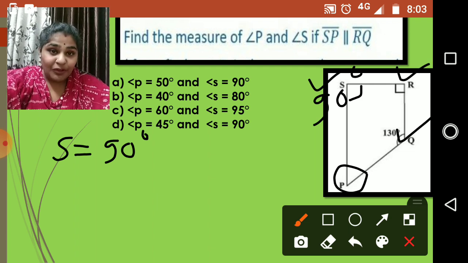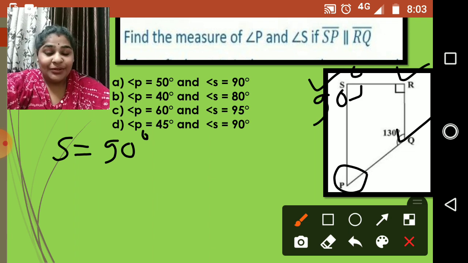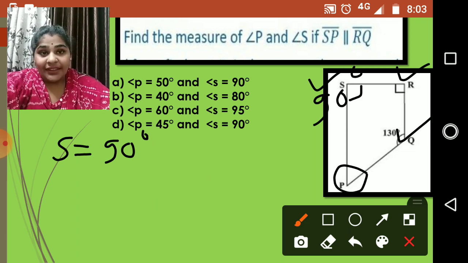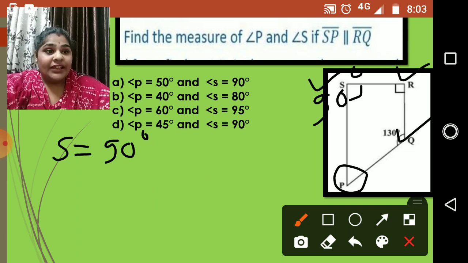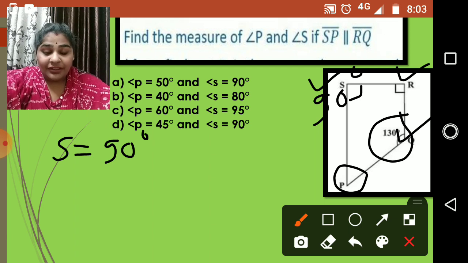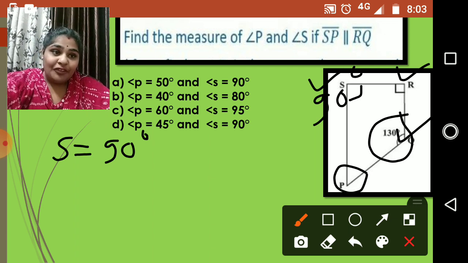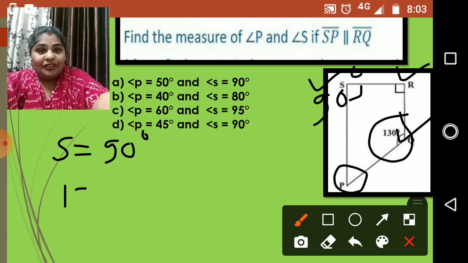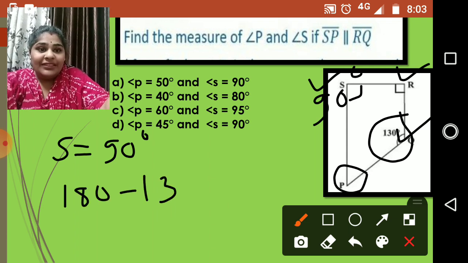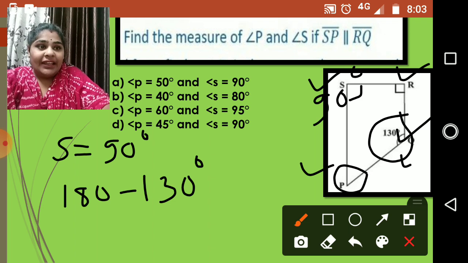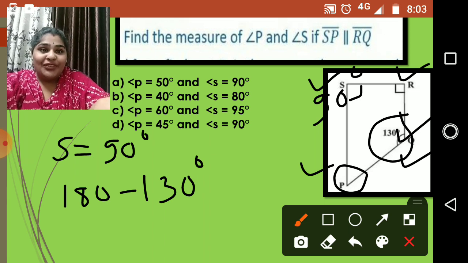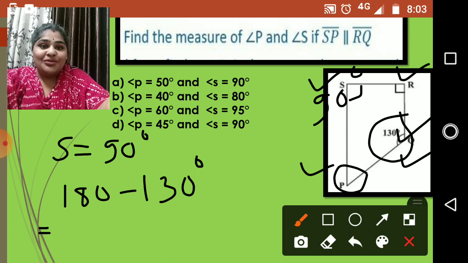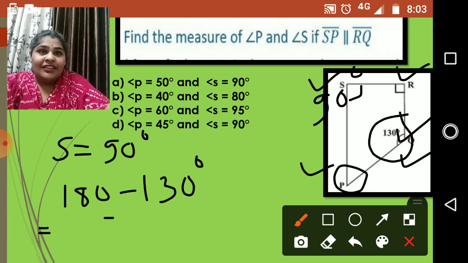So as sum of that you subtract from 360, you will get angle P. Or use again the transversal, that is, angle Q and angle P form a supplementary pair of angles, and I'll subtract 180 degrees minus 130 degrees, since angle P and angle Q form a supplementary pair if we consider PQ as a transversal. So 180 degrees minus 130 degrees will be equal to 50 degrees,